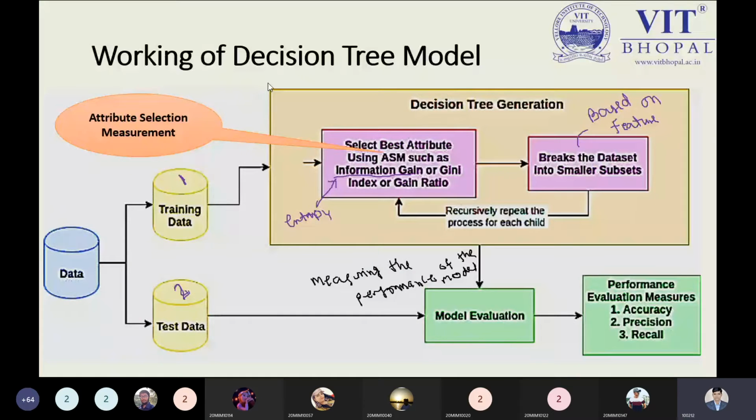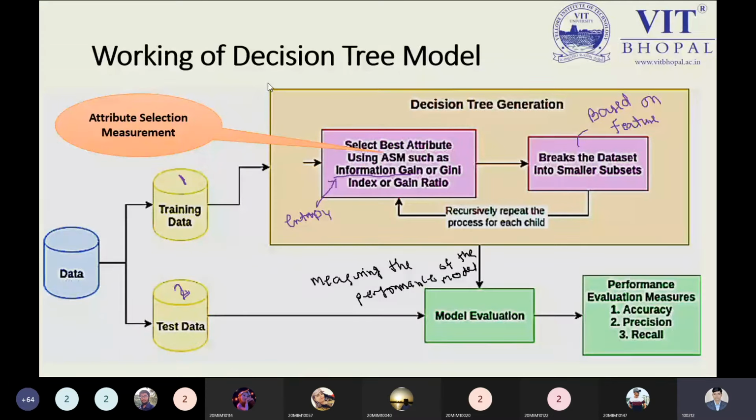So while building our model, that is the decision tree, what are the internal steps? The first step is saying to us, you have to select the best attribute using the ASM. ASM is not a specific tool. It only decides that you are using the attribute selection measurement. So you are selecting the best attribute based on the ASM, that is attribute selection measurement. But how can we measure it? By using the information gain, and others are the Gini index and Gini ratio. So as per our syllabus, as per our ID3 algorithm, we will use only the information gain, that is sufficient. And for calculating the information gain, you must have the value of the entropy.